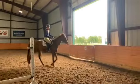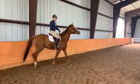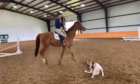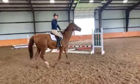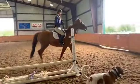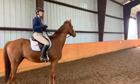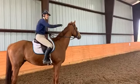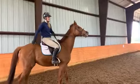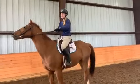Now, one of the other things that Indian Companion is still working on is to keep his head carriage a little bit lower. He'll keep his head upright, and you can see that in a lot of racehorses. That becomes a very strong muscle under their neck, so it's not as second nature to have a long and low head carriage. But for careers off the track, a lot of disciplines require, or horses do best when they develop, the top line muscle. So the muscle along the top of their neck, down their crest, along their back, all the way to their tail. And in order to develop that, which becomes a really critical part of the horses being able to do things like collect,